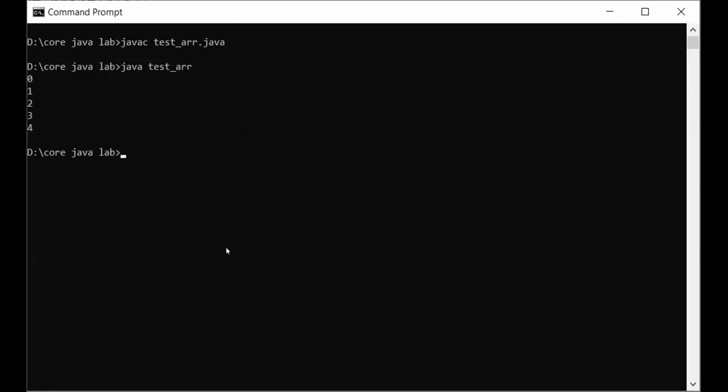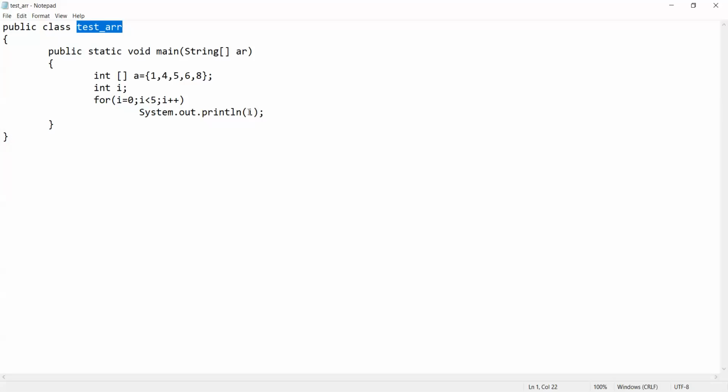Okay, I'm really sorry. I've displayed the i variable. Actually, we need to display the array. So what are the changes required? It is a of i, so the element stored at that particular index is displayed.